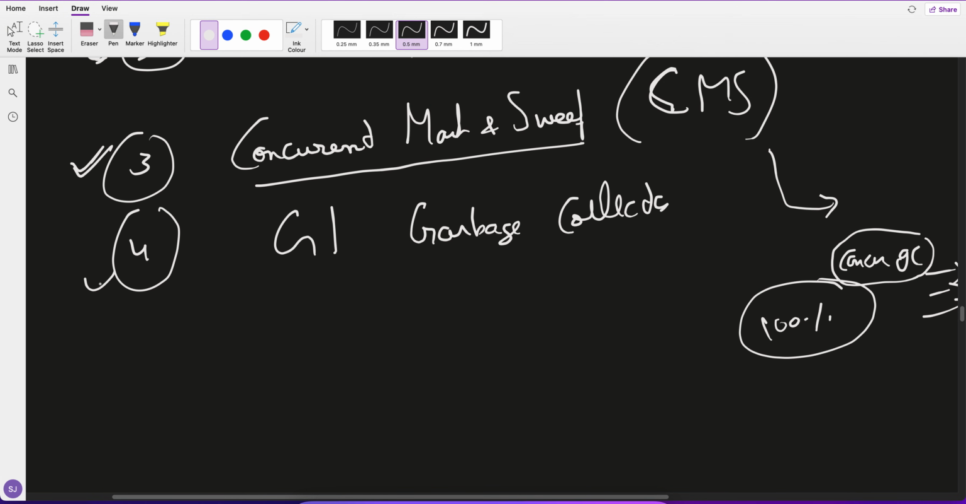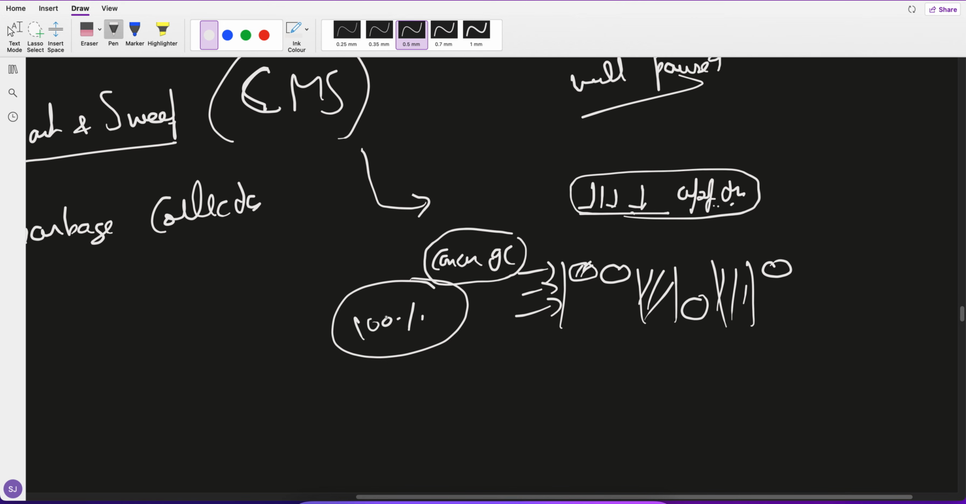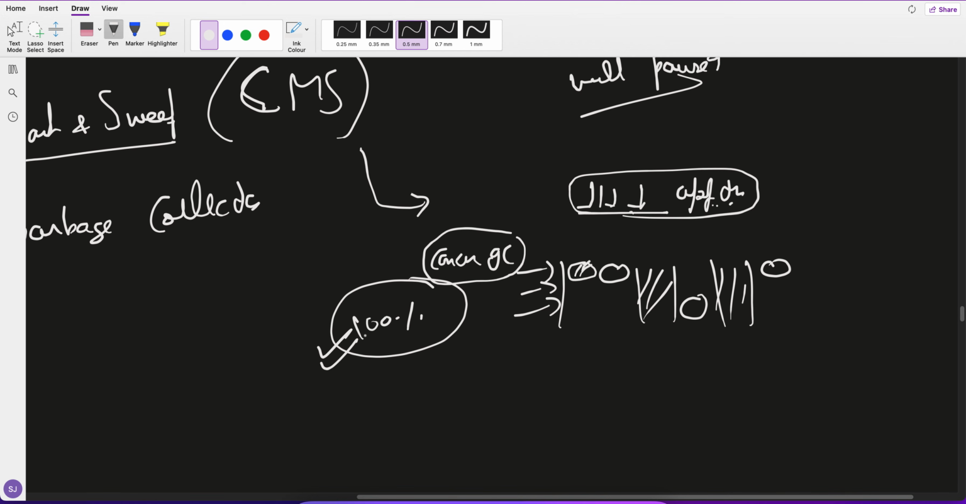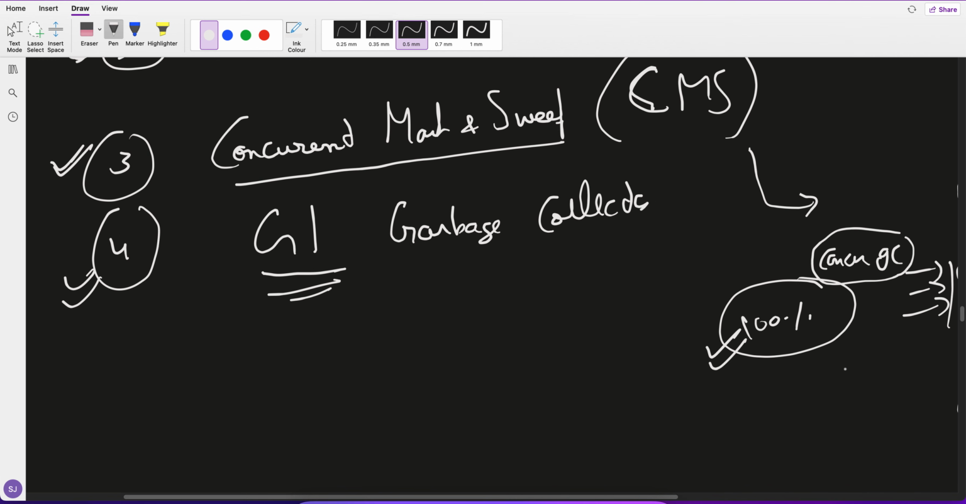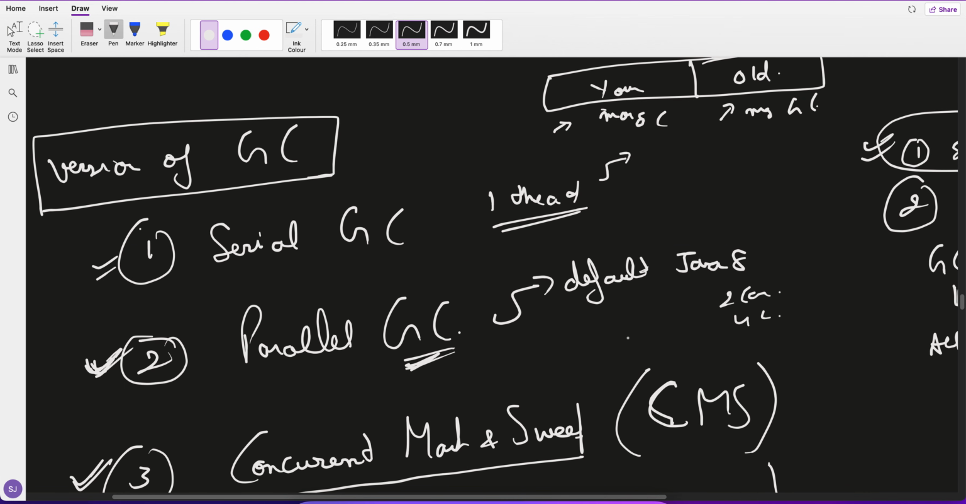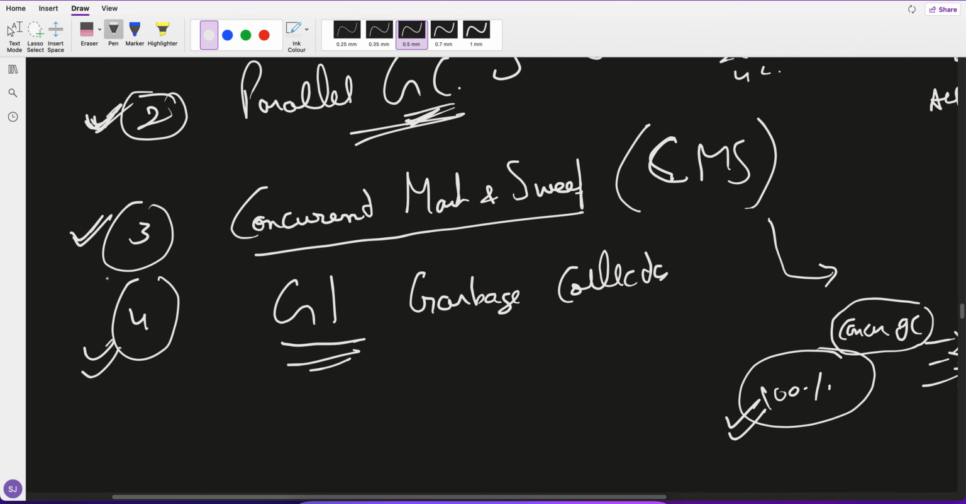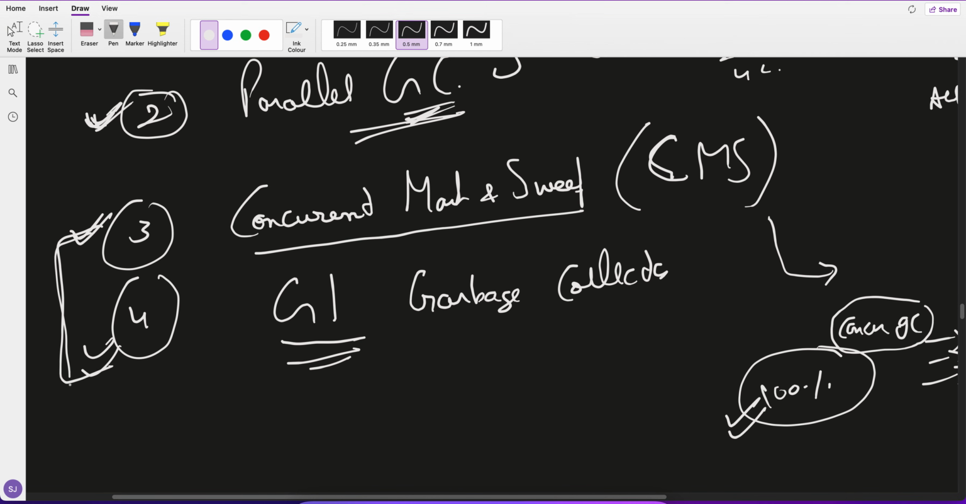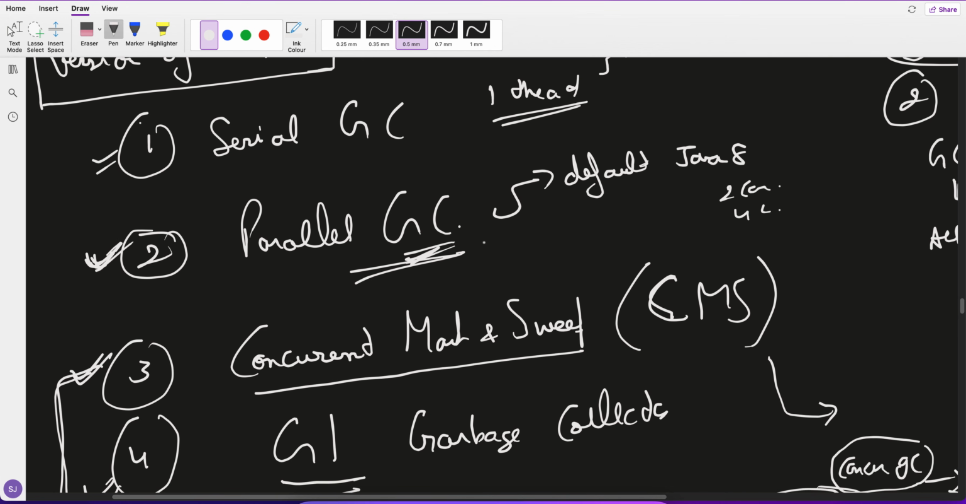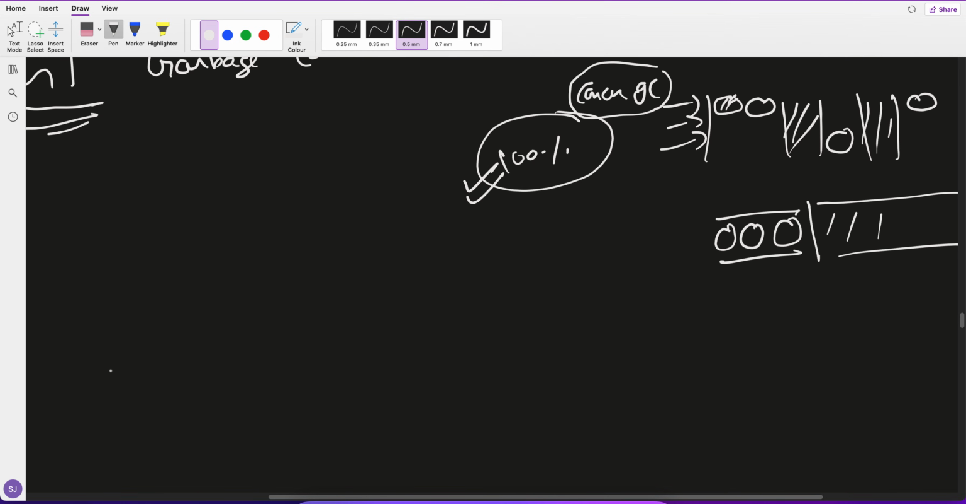Then there is a further improvement, which is G1. G1 you can say is the better version of this, where it tries to give you 100% that your application thread will not stop, and also it brings compaction, so that all the memory is brought together and all the freed up memory is added at last so that it can be used. So you got it. Currently Java 8 is using parallel GC, and in the latest versions of Java, there is a further chance that the pause time can be reduced to a very minimal, so that your throughput